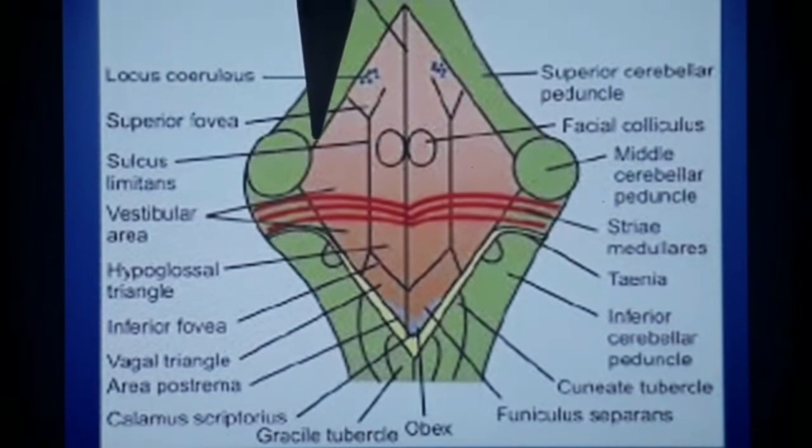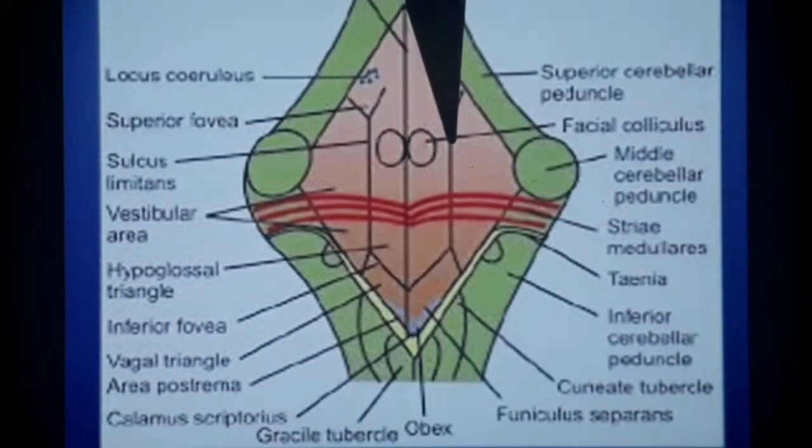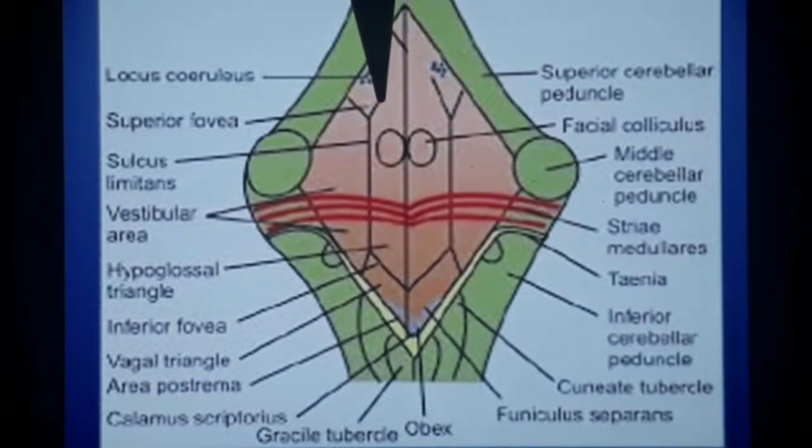So we have seen the upper triangular part, which is formed by the posterior surface of the pons. There is a median sulcus. Lateral to the median sulcus is the oval elevation known as median eminence or the facial colliculus, that is limited on either side by a shallow groove called the sulcus limitans. Sulcus limitans superiorly forms a triangular depression called the superior fovea. Above the superior fovea, there are melanin containing cells seen, and that area is known as locus ceruleus.